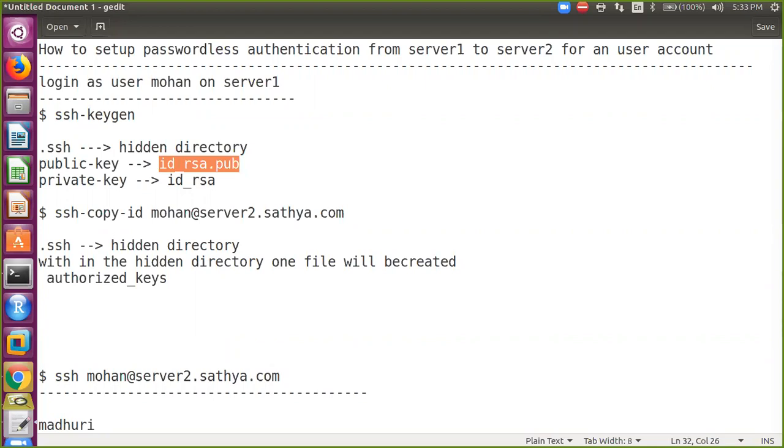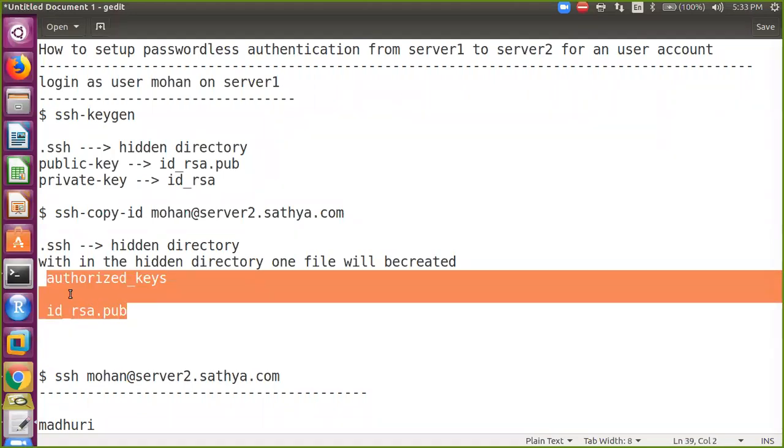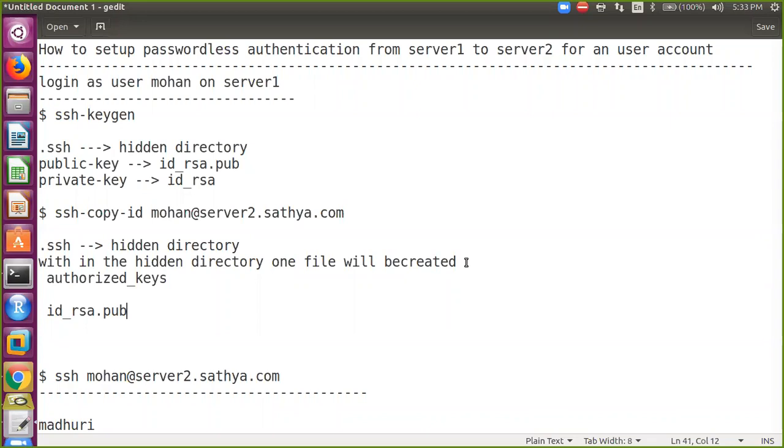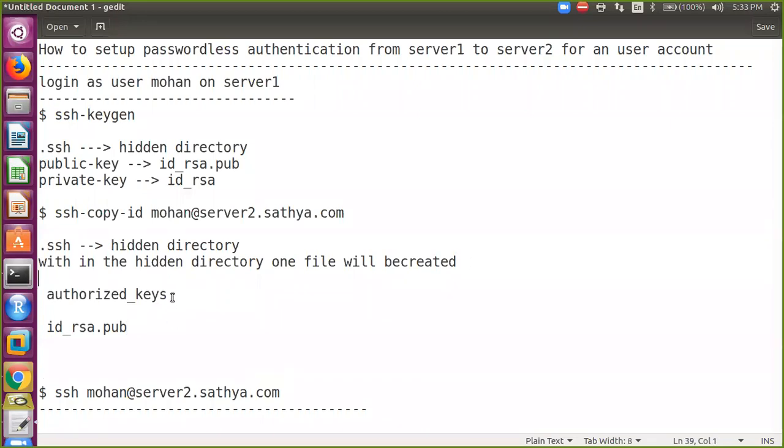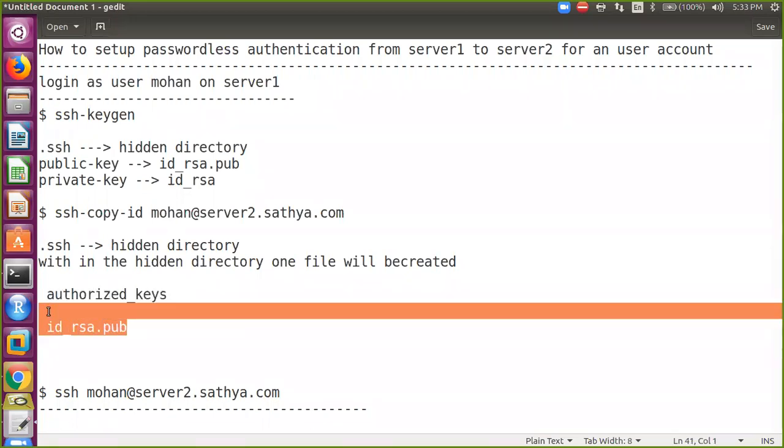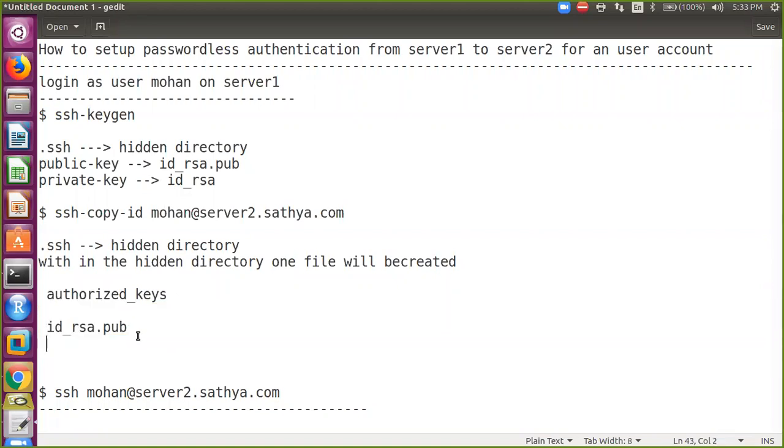It will save the public key of user Mohan on server 1. So in this file, it will save the public key of Mohan on server 1. This is what happens internally when you enter these commands.